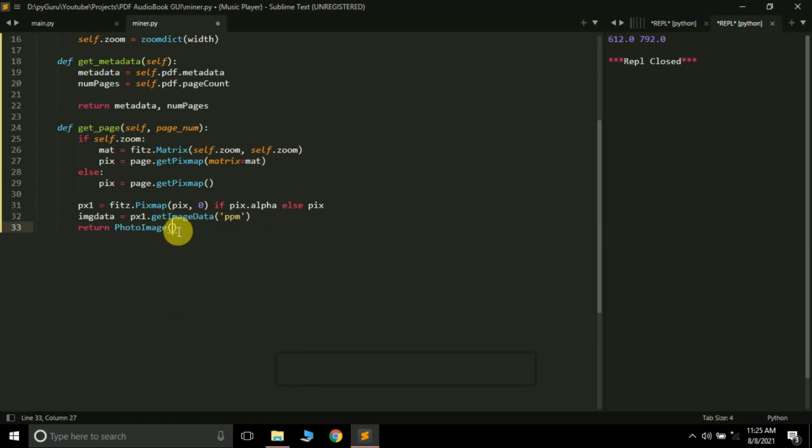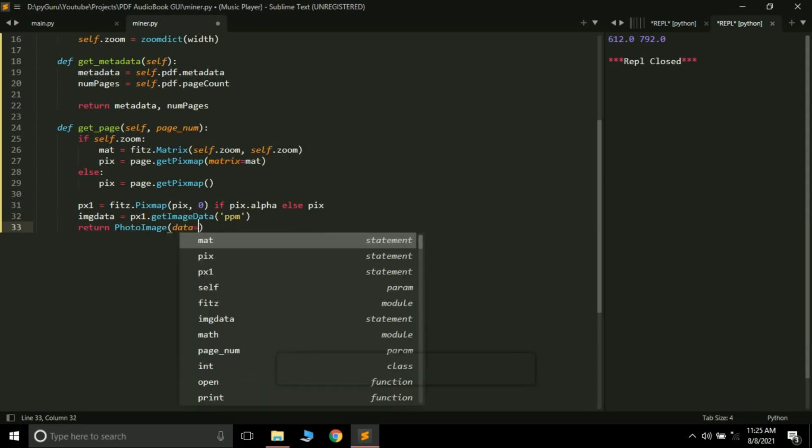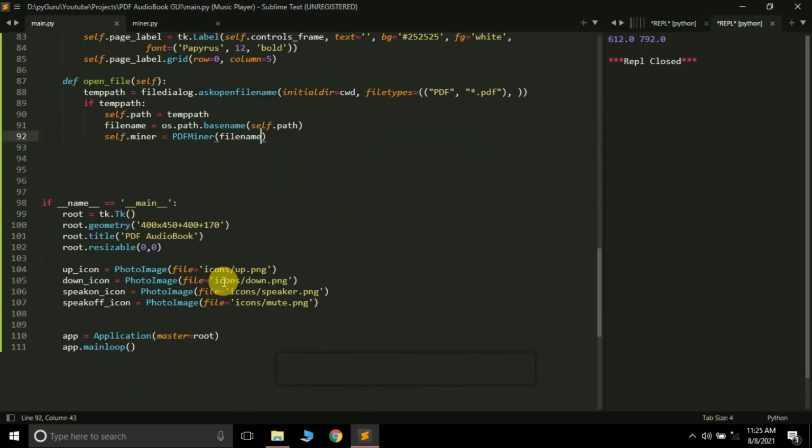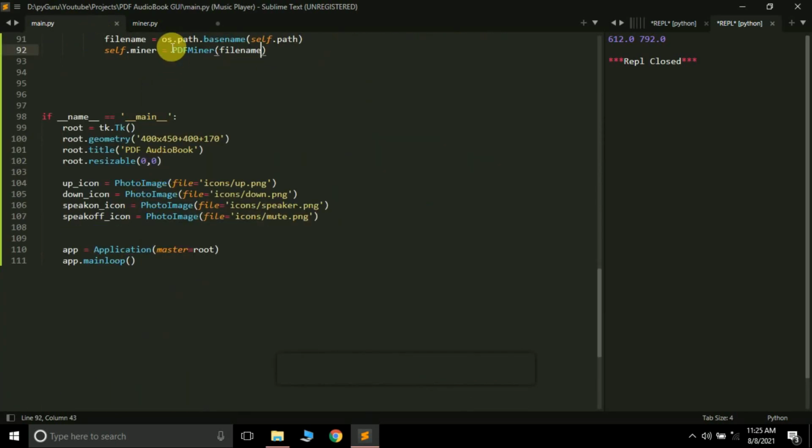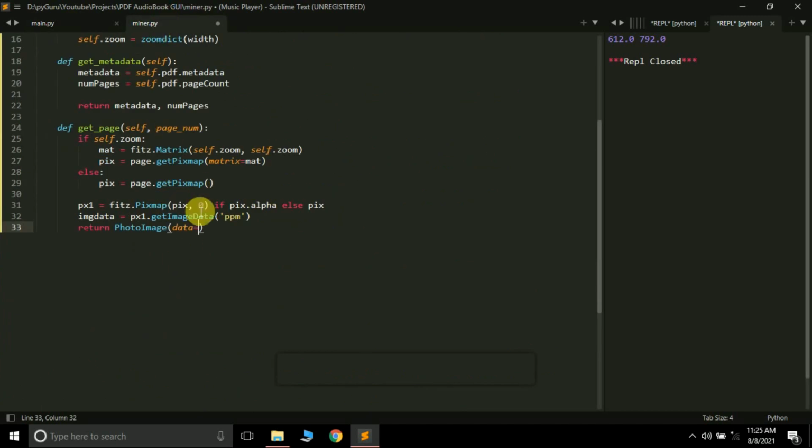All this means that we are extracting the image data in ppm, and then we are going to convert it into a PhotoImage. Remember, Tkinter is only able to display images of the PhotoImage class. That's why we have to convert it into PhotoImage. Here we can simply pass img_data. So this method is done.